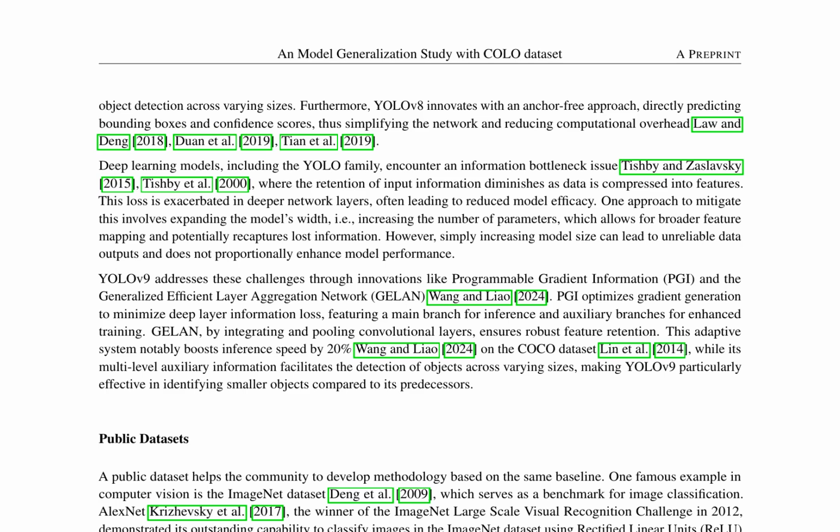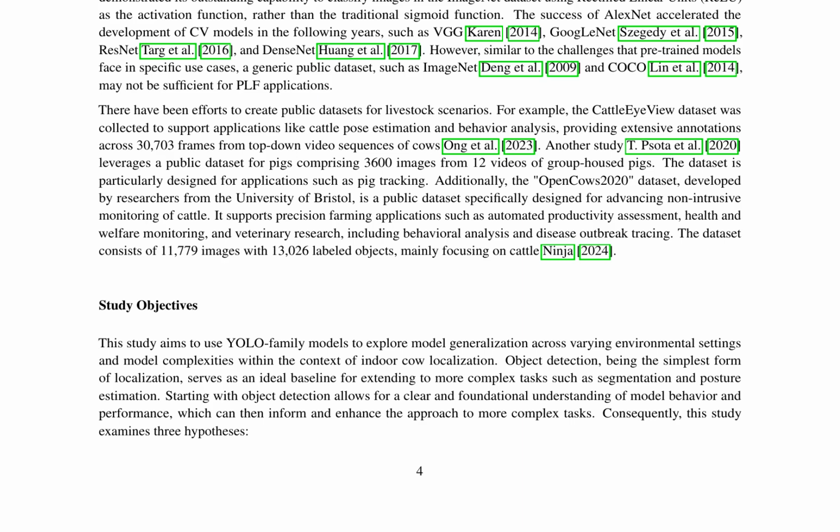They incorporate innovations like the C2F module, COLO activation, and an anchor-free approach, which support efficient feature pooling and multi-scale detection. YOLOv9 further addresses the information bottleneck issue through programmable gradient information (PGI) and the Generalized Efficient Layer Aggregation Network (GELAN),